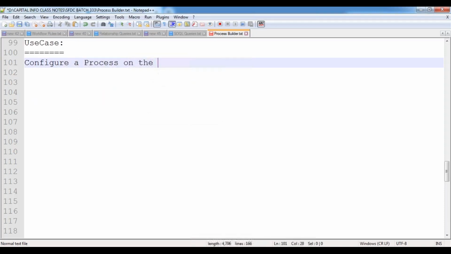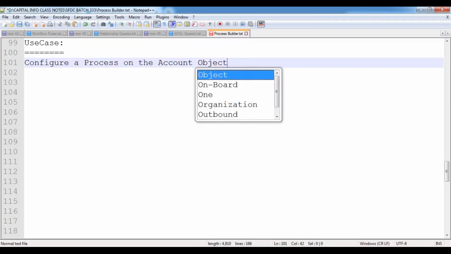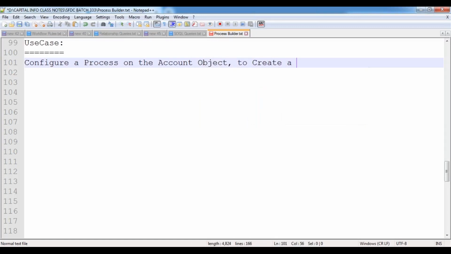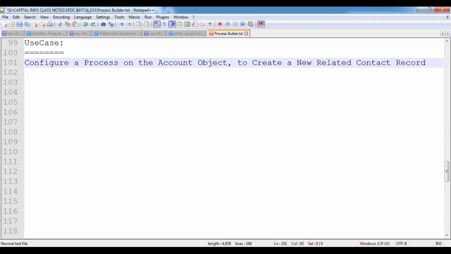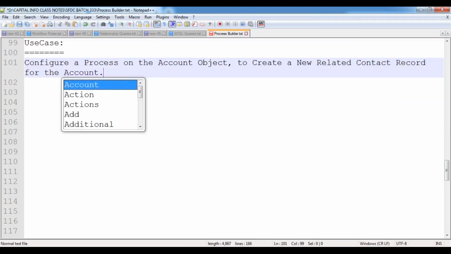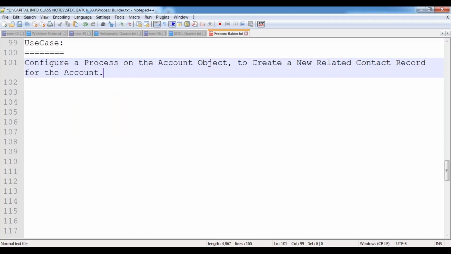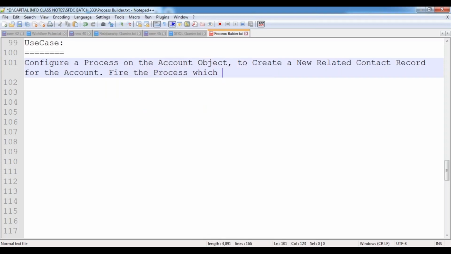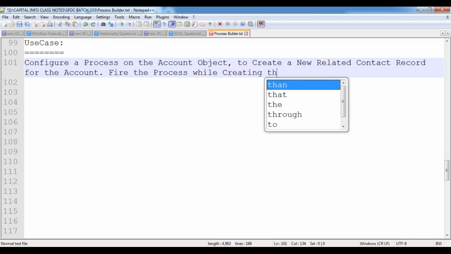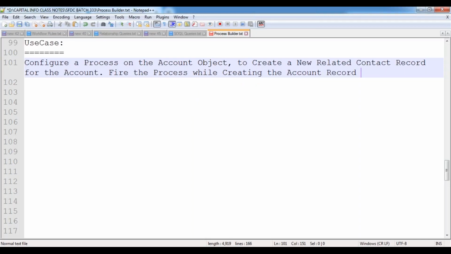Configure a process on the account object to create a new related contact record for the account, and find the process while creating the account record